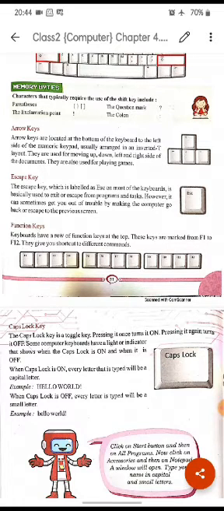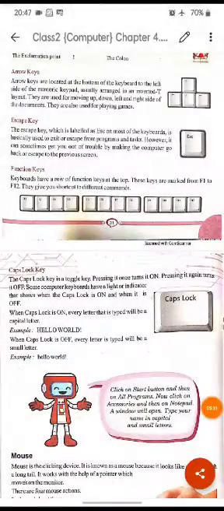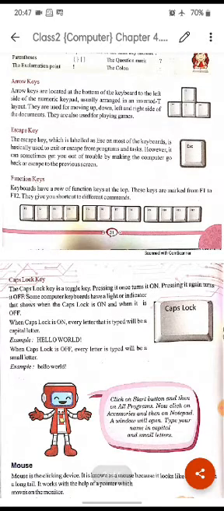Next is escape key. The escape key, which is labeled as ESC on most of the keyboards, is basically used to exit or escape from programs and tasks.